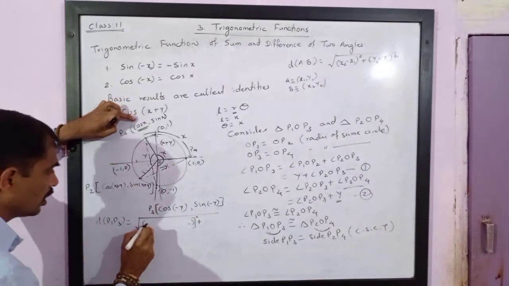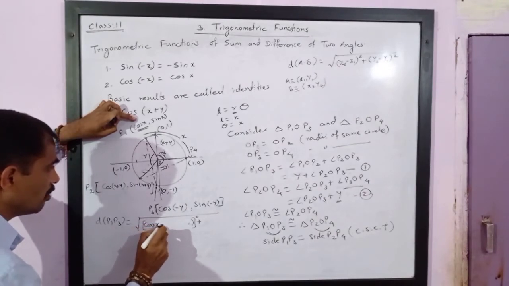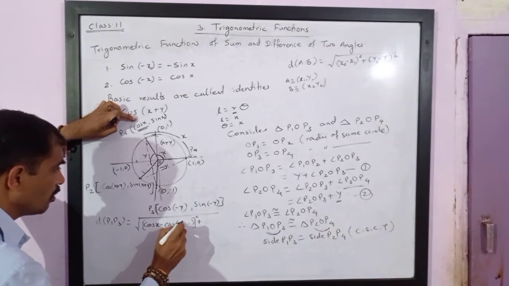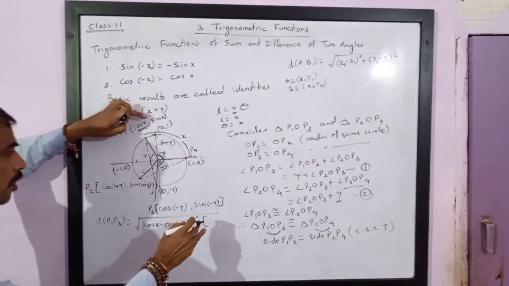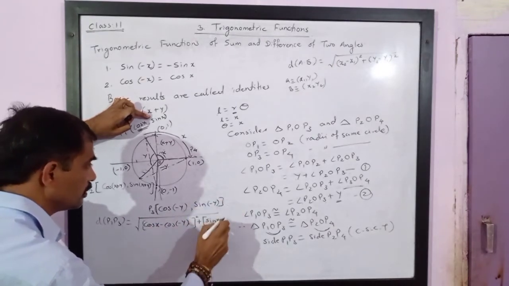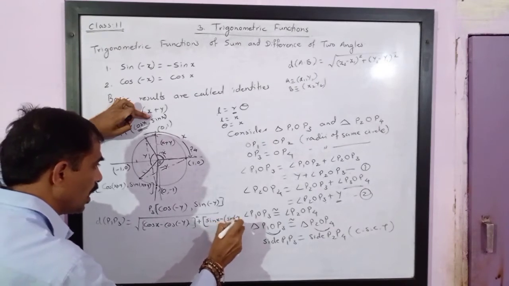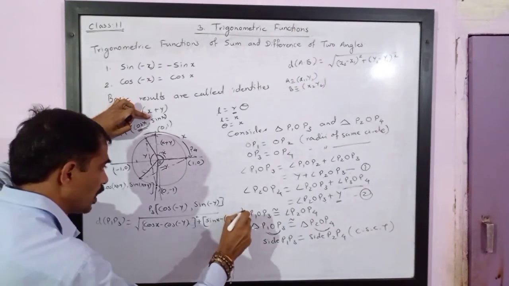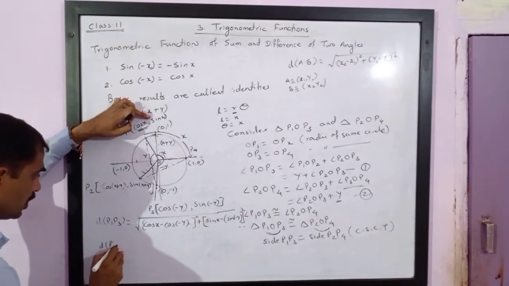So I will get cos of x minus cos of minus y bracket square plus y1 minus y2, that is sin x minus sin of minus y bracket square, and distance between P2 P4 is